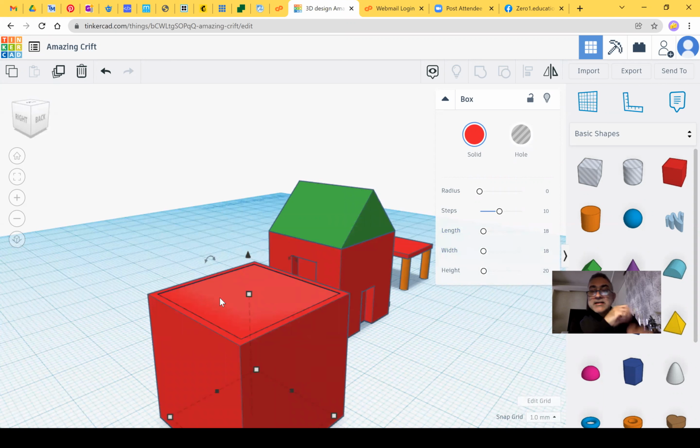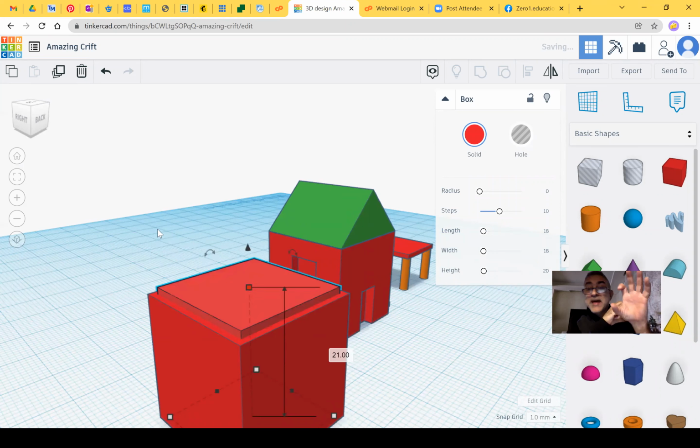Okay, and it has 18 centimeter width and height. You can make it a little bit higher in height than 20 centimeter. Like that, when you will be transforming it to a whole,